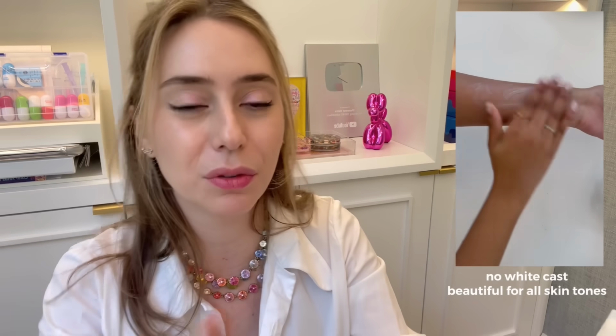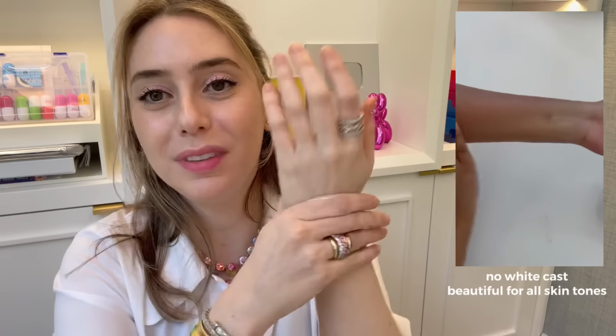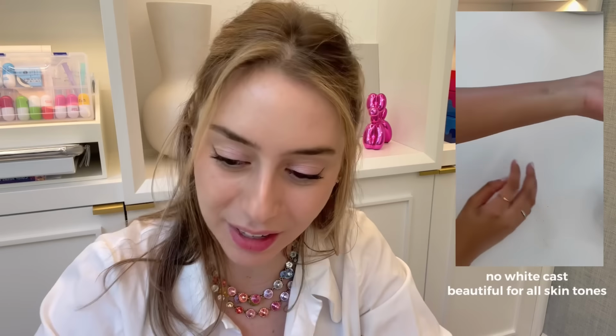As you guys can see over here, it has a very nice texture that doesn't leave any sort of, not that you will see any white cast on me because I am Casper the Ghost, but any residue on your skin. The other one that I really discovered just now that I really like, not just now, but now with Spheres,